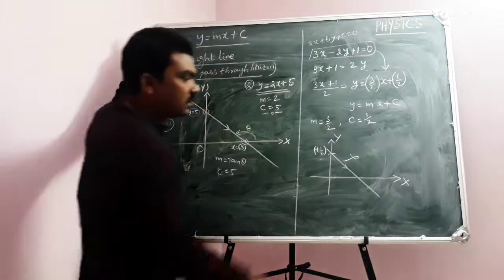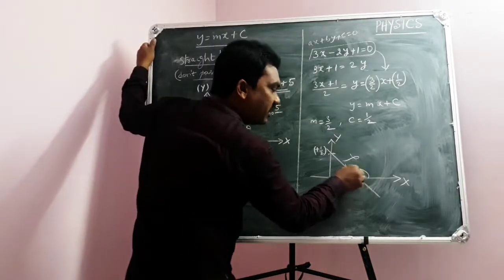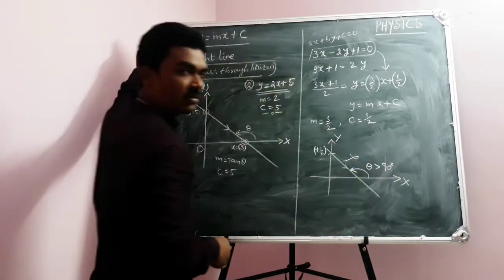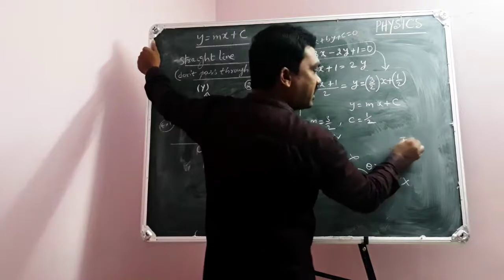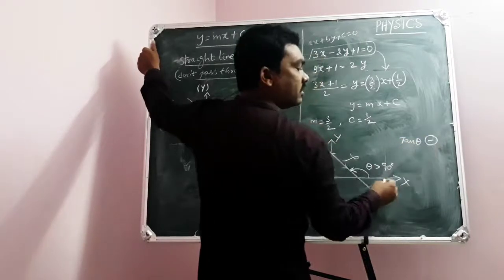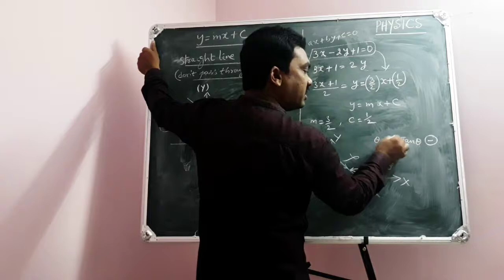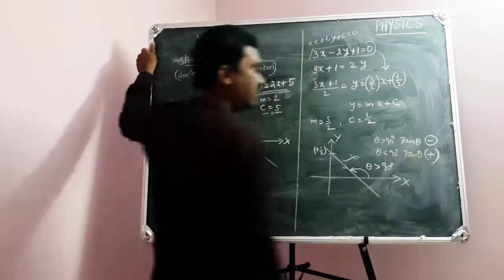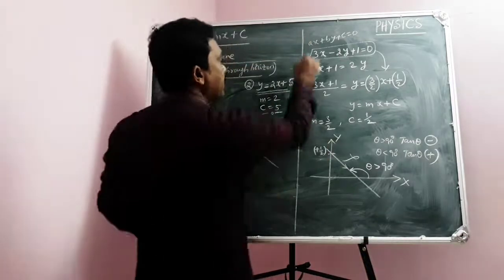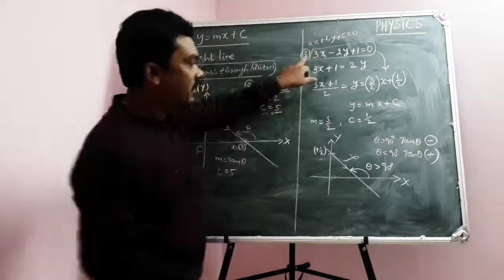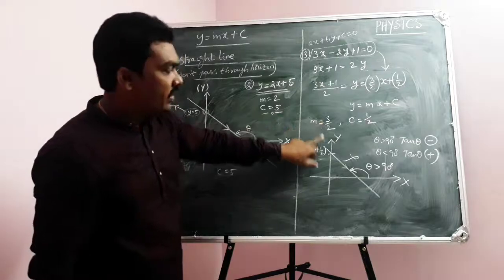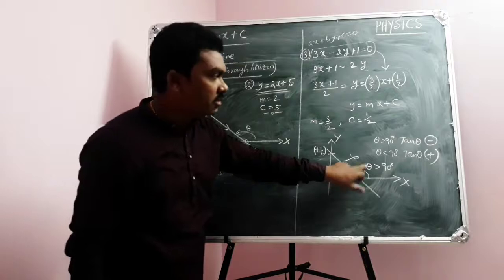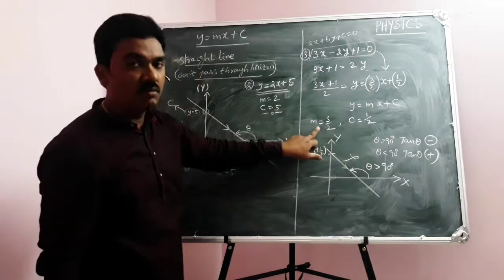The reason is, your line is going to make some angle with the x-axis which is greater than 90 degrees. Whenever this angle is greater than 90 degrees, the tan theta value will be negative, for theta greater than 90. For theta less than 90, the tan theta value will be positive. In this particular example, this is example 3, the slope is positive. If you have drawn a straight line like this, your straight line makes an angle more than 90 degrees, so the slope is negative. But here your slope is positive.